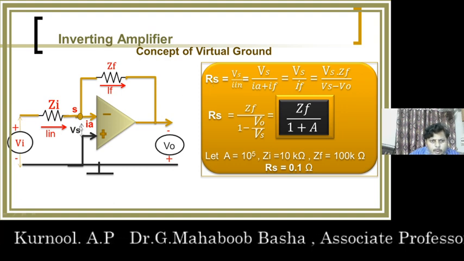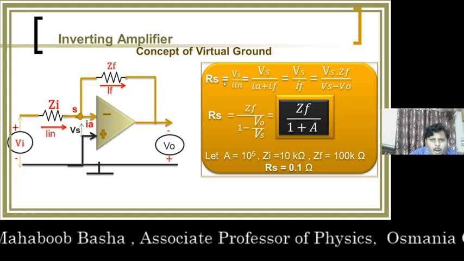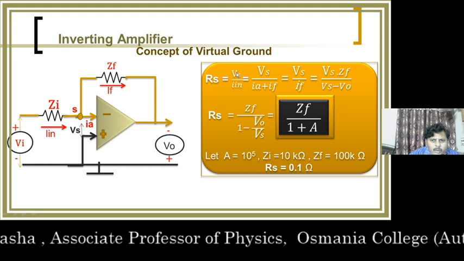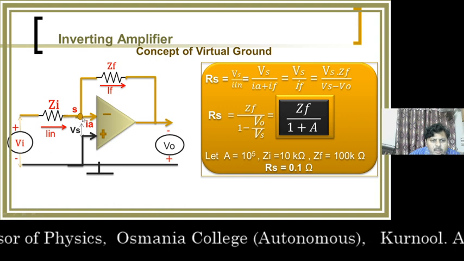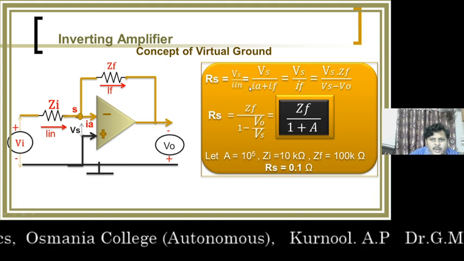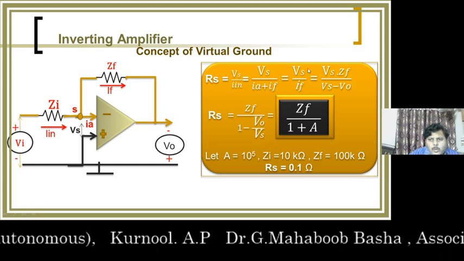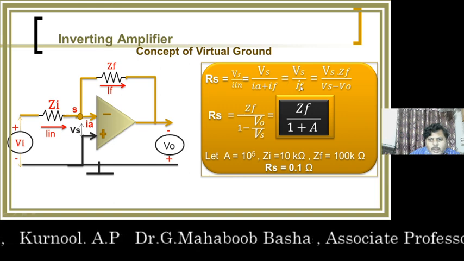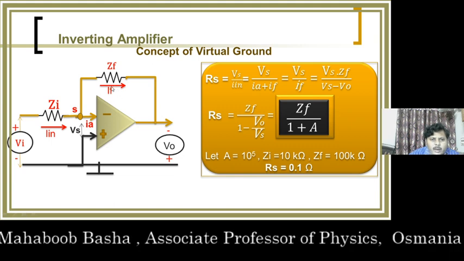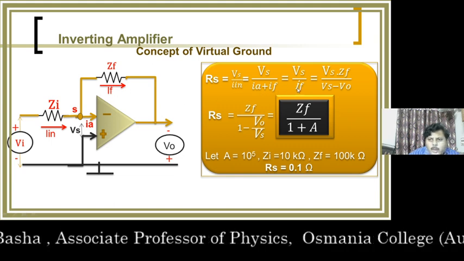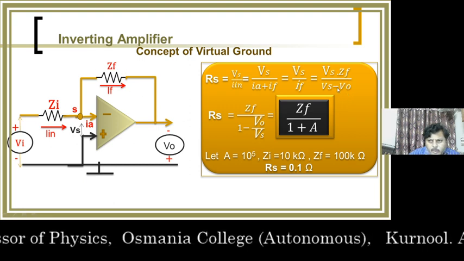Let us see the input impedance between point S and ground. Rs is equal to, according to Ohm's law, Vs by In, where Vs is the potential at point S and In is the current flowing through point S. We know In is equal to Ia plus If. Ia is very small and can be neglected, so the equation can be written as Vs by If, where If means feedback current. The feedback current can be written as the ratio of the potential drop across Zf to Zf. So Vs minus V naught